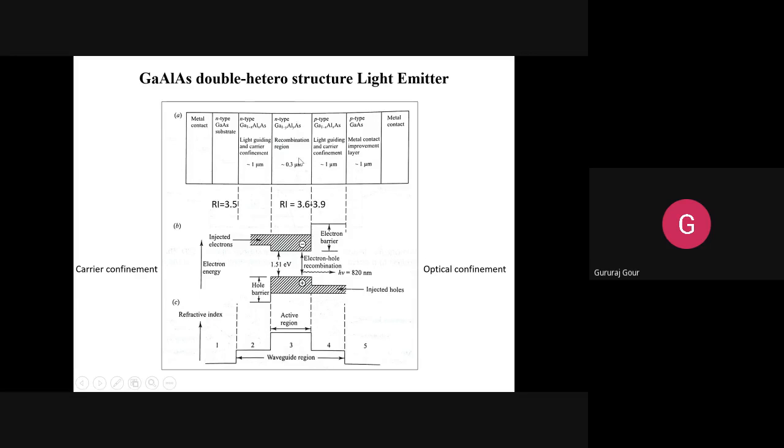And here you can see, it may appear that the n-type middle one is the recombination region. Now I'm explaining the things with respect to figures A and C. Concentrate here. We'll come to region B later, which is mainly concerned with the operational parts. As far as the structure part is concerned, we are depending on A and C. We are starting with that.